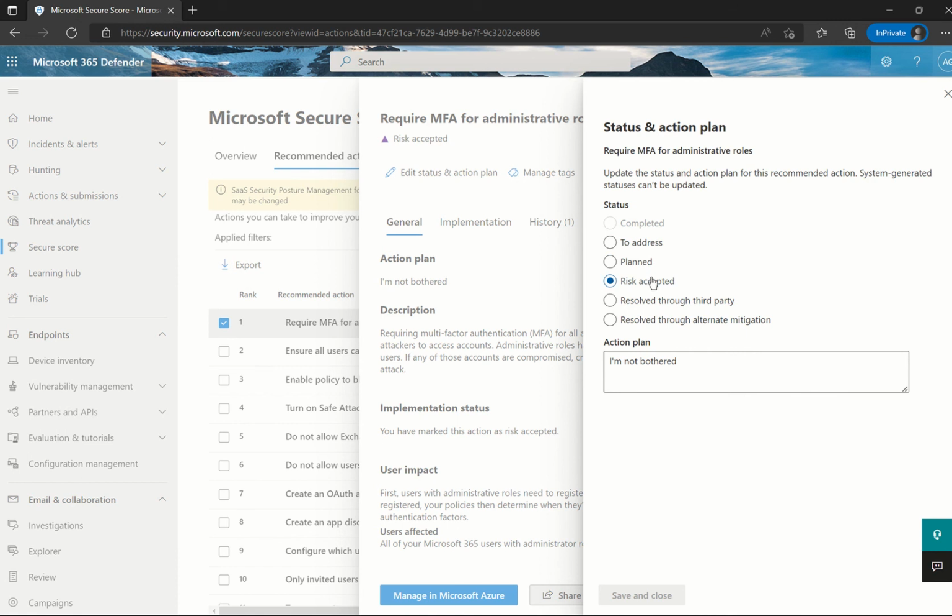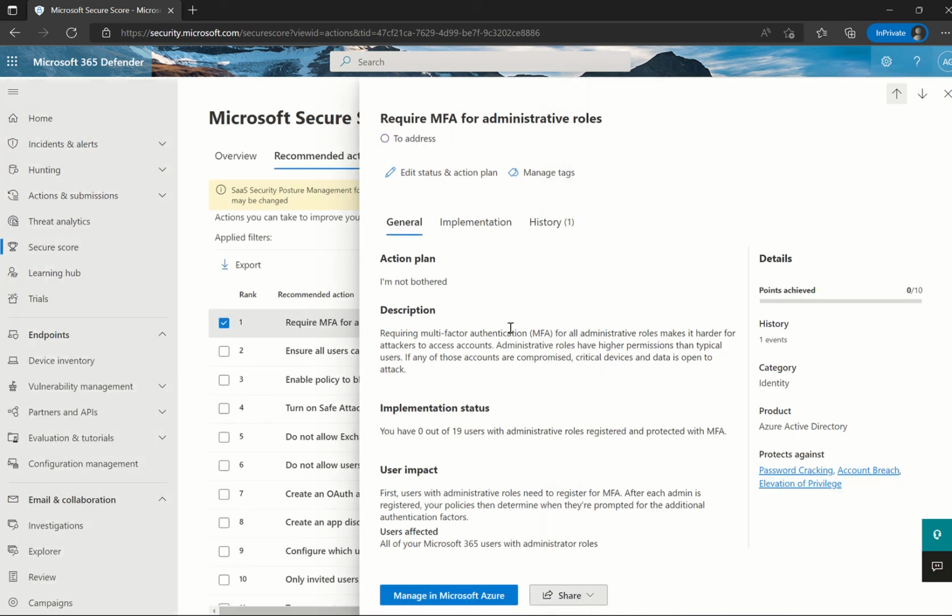I can say risk accepted and I'm not bothered about the risk. I could choose to do that if I wanted to. Or I could say it's resolved by, say, some third-party service. So I'll put it back to address, save and close, and that's all it is. Now to actually implement it,